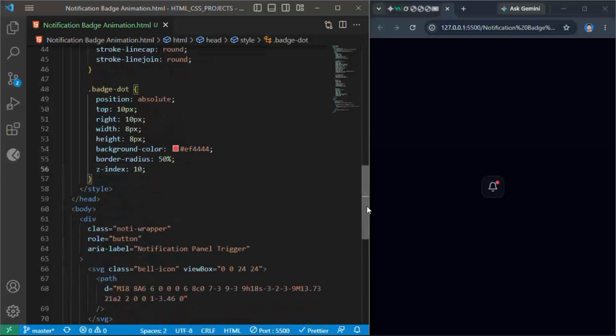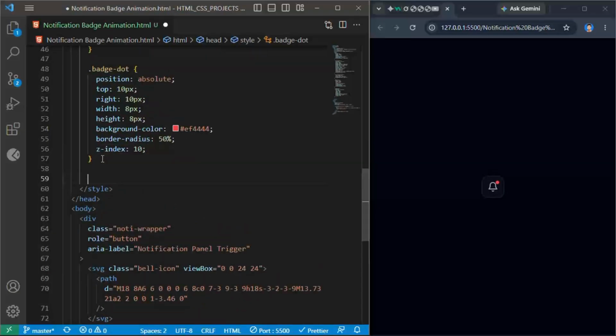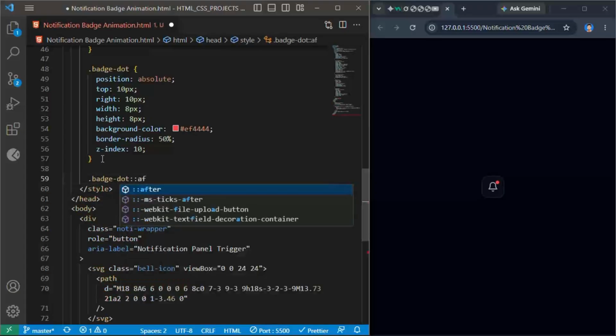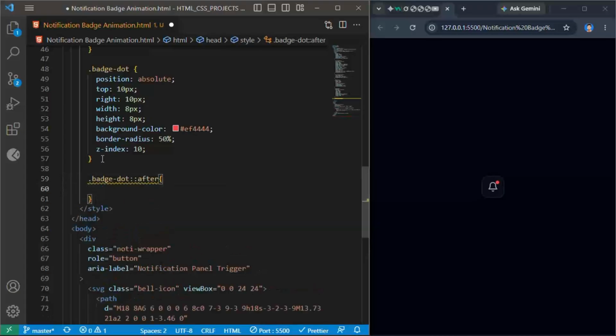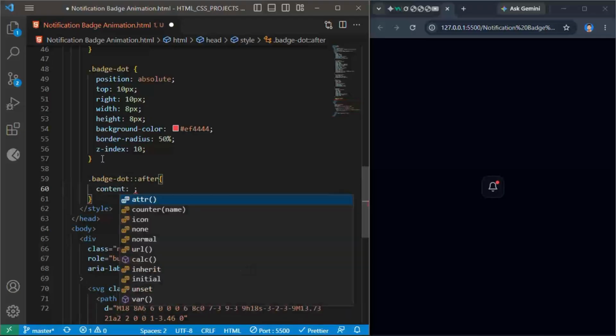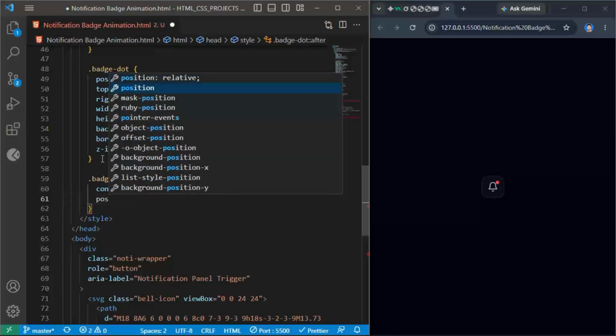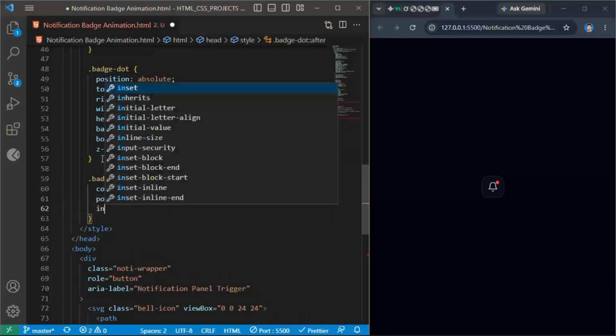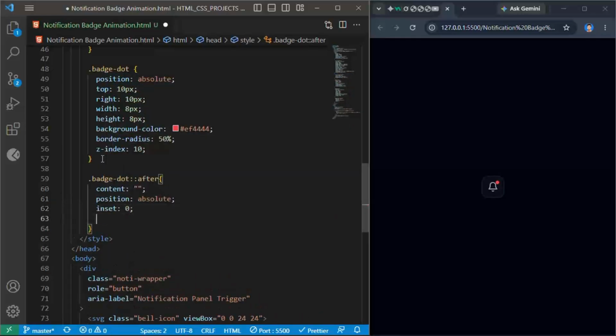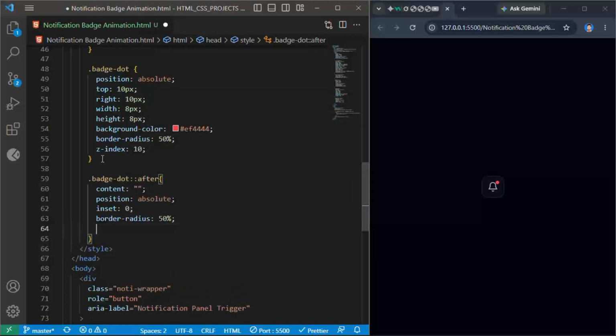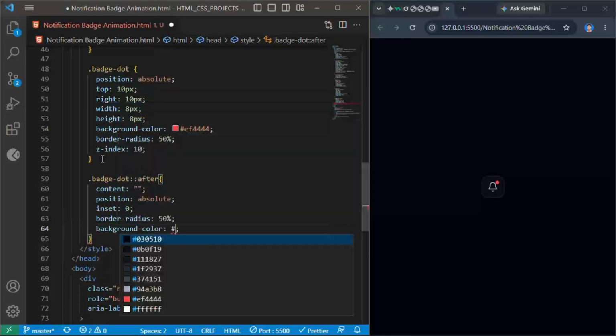Now for the ultimate pure CSS infinite ring radar pulse aura engine. I'm going to target our background glow element using the pseudo-element selector .badge::after. Inside this block, I'll write content empty quotes to initialize our virtual layout context. Then I'll write position absolute to anchor its track, and use inset 0 to stretch its boundaries to match the parent dot automatically. I'll add border-radius 50% to maintain a circle, and paint it with the identical red shade by writing background-color